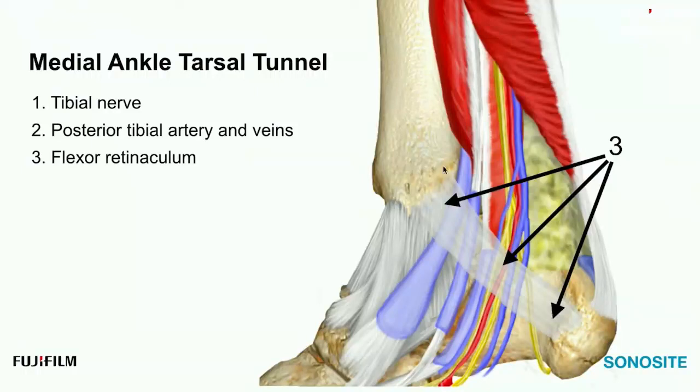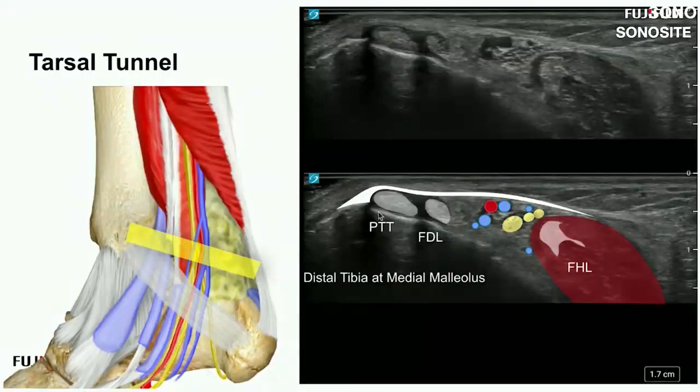To get a really nice image of the anatomy, you start more proximal. So you're only going to catch a little bit of retinaculum at first. So if we're up high on the tarsal tunnel at the inlet, we'll see a really nice flexor retinaculum first, but it'll taper off to nothing because we're really obliquely slicing the retinaculum. But it does give us a nice starting point for our tarsal tunnel here. So tibialis posterior, flexor digitorum longus, and now we can talk about the neurovascular structures like the little arteries and the nerves. At this point, it's still lying as one nerve,